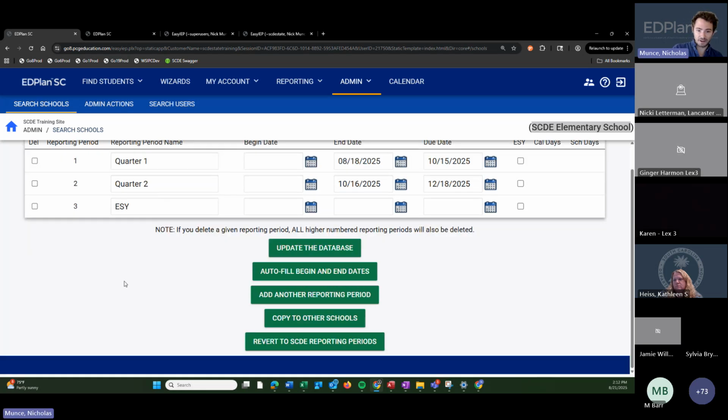There's a few other buttons down here. Nick, I wanted to just, I'm sorry. Go ahead. Those will be used if you create the progress report in documents, correct? But if you use the wizard, doesn't the wizard pull the district ones?